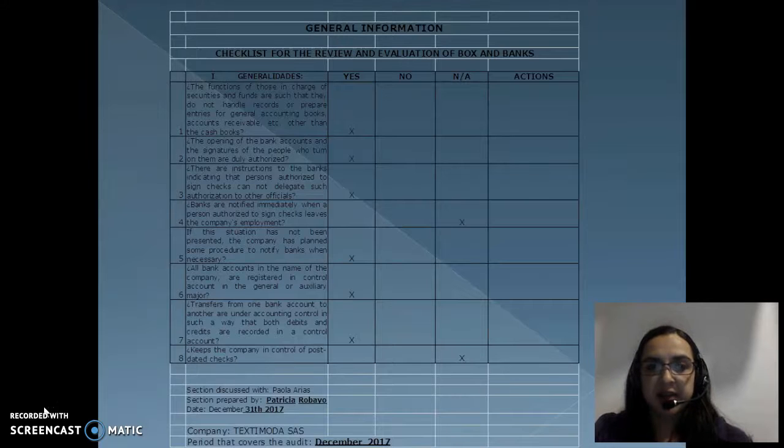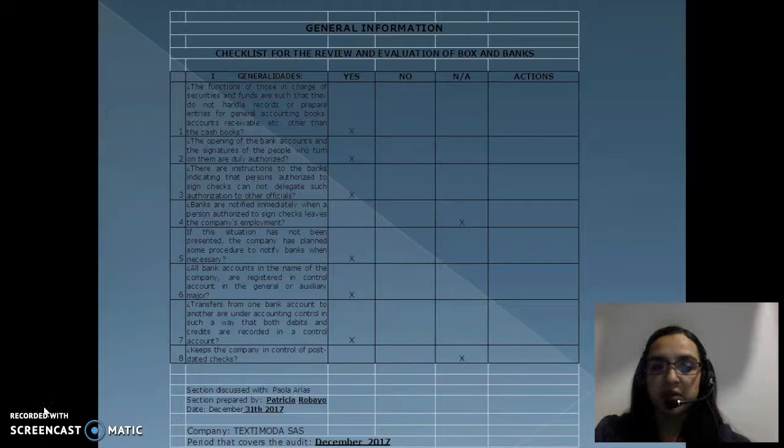In the assets, the auditor verifies that the cash balance at closing on December 31 exists and is duly supported and reconciled. Are all bank accounts duly reconciled? The reconciling items are duly supported and do not have significant implications in the financial statements. For example, bank interest to be registered, collections to be registered,